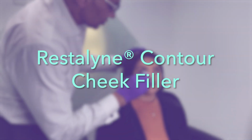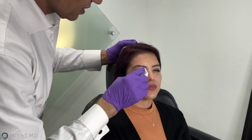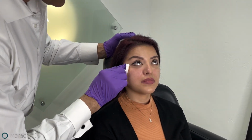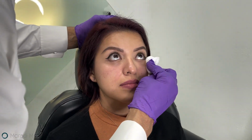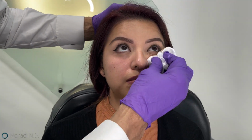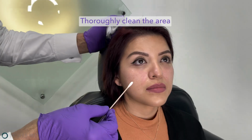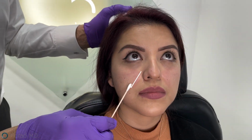First thing we're going to do is use some chlorhexidine to wipe the area, to wipe away anything that can cause contamination on both sides. Thorough cleaning. You can see that we have a nice lateral zygoma, but the mid-face, significant depression right in this